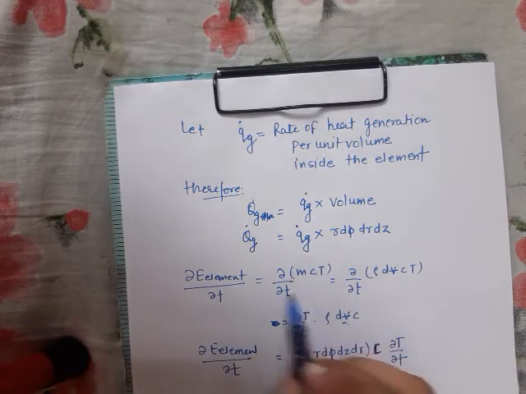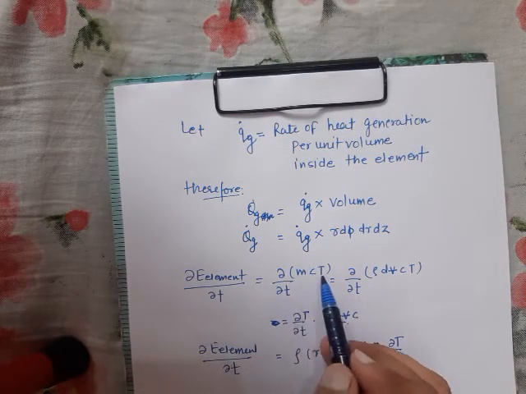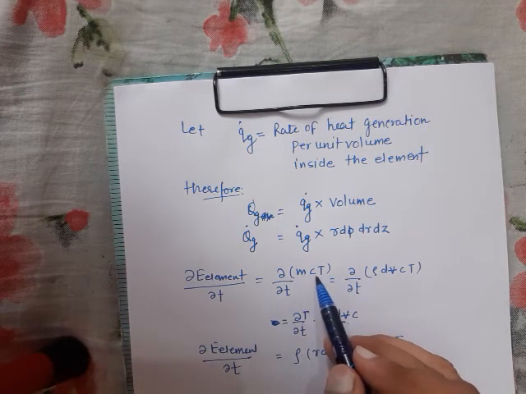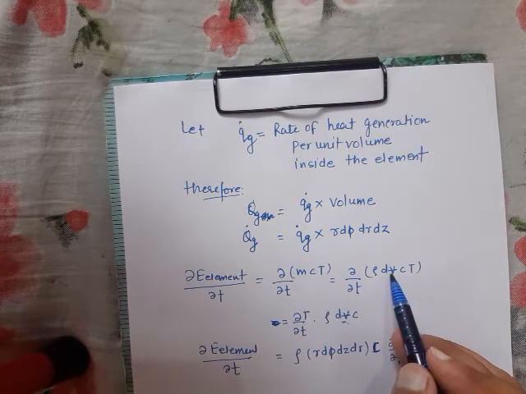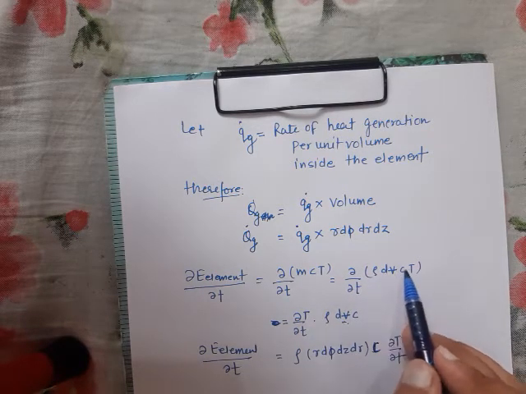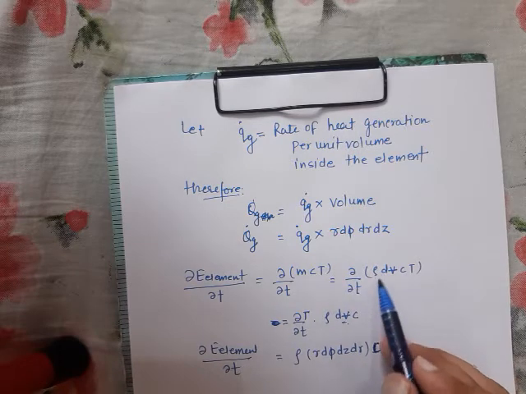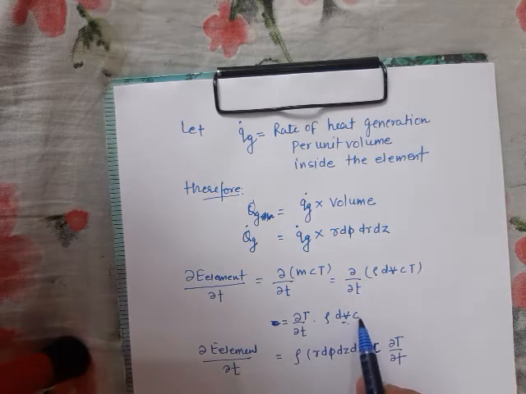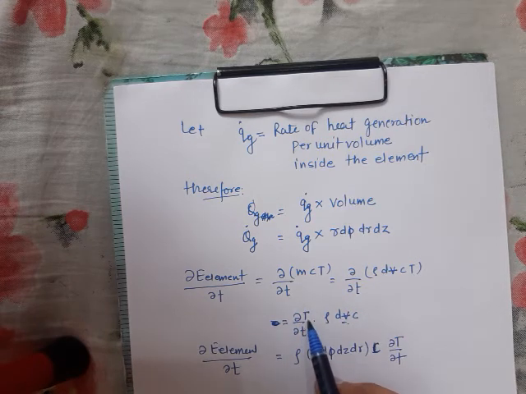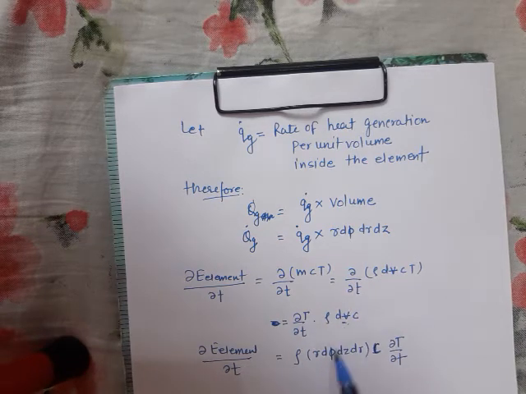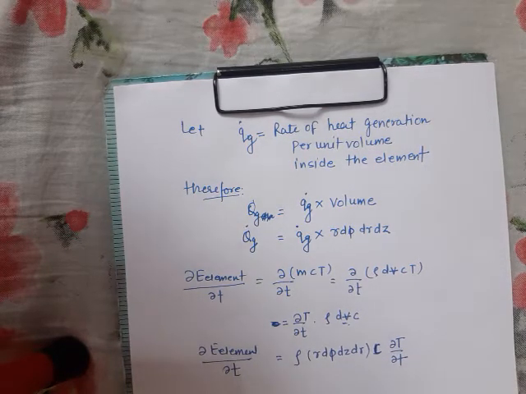Please again let us consider this del upon del T of mCt. M is the mass of the element, C is the specific heat of the element, T is the temperature. So mass can be written as density into volume. Now this rho dV and C has been taken out as they are not functions of time. Rho dV C has been taken out of the differentiation. Only T remains there. So it becomes del T upon del T, the rate of change of temperature with respect to time. Density of the element is rho. Volume is R d phi dz dr. We have already written the expression for the volume. Specific heat capacity and del T upon del T.